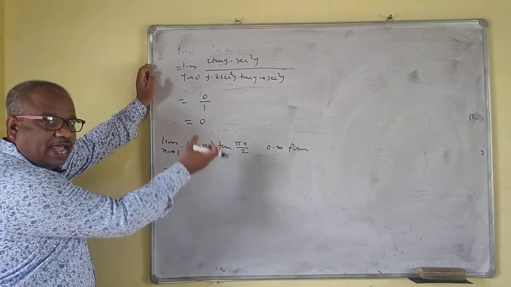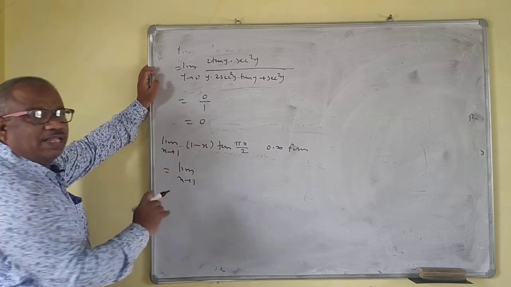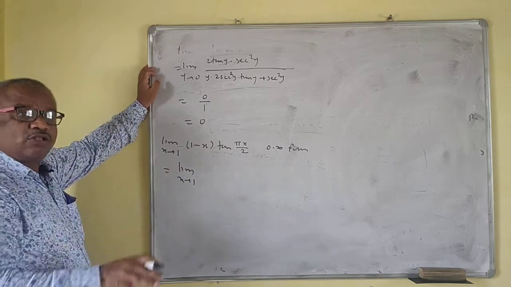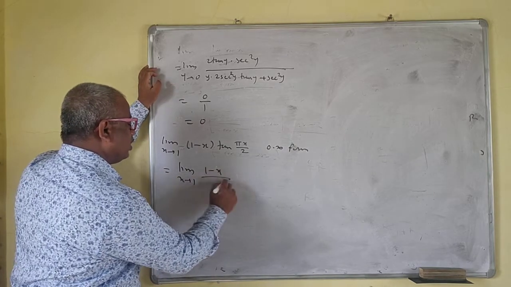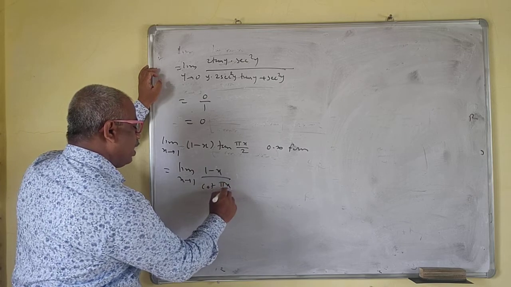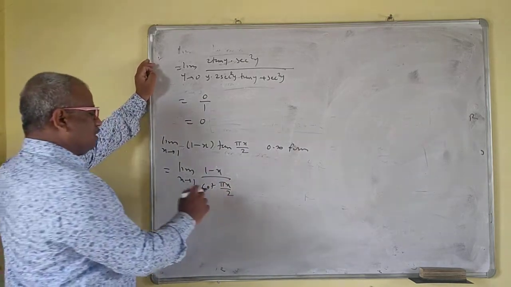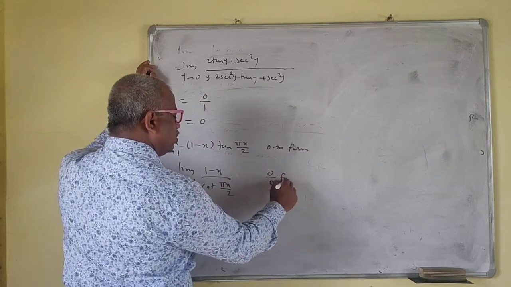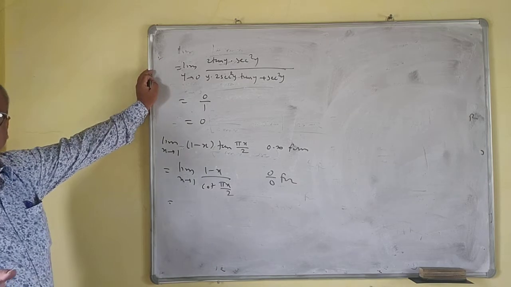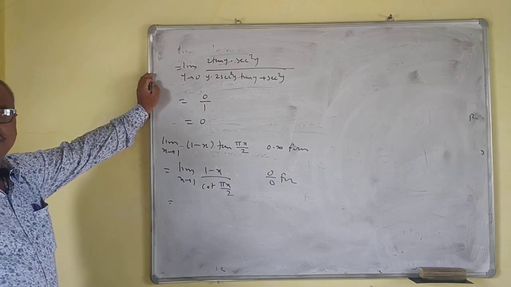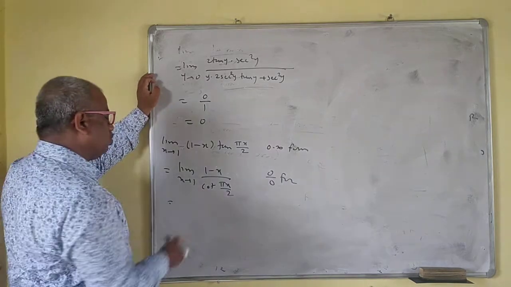Easily you can shift tan to the denominator. So, the trigonometric function tan you can easily shift to the denominator. So that is 1 minus x upon cot of pi x by 2, because tan is nothing but 1 upon cot. Now this is 0 by 0 form because cot pi by 2 is 0. Cot pi by 2 is cos pi by 2 upon sin pi by 2. Cos pi by 2 is 0 and sin pi by 2 is 1. 0 upon 1 is 0. So this is 0 by 0 form.